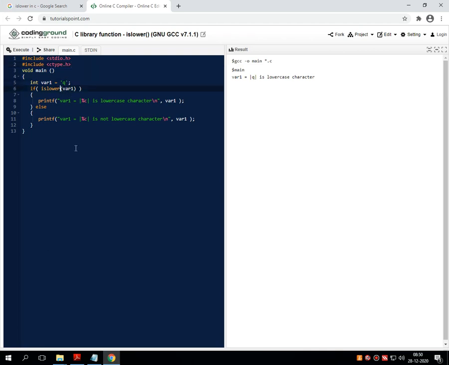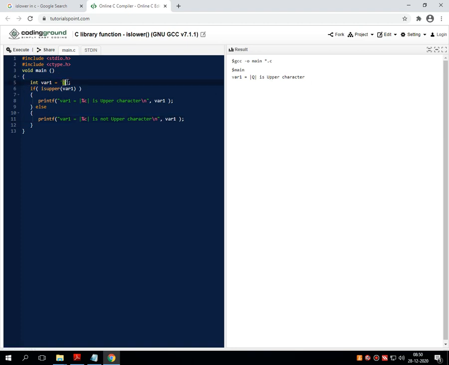I am just changing the isLower function to the isUpper function, and I am giving the value in uppercase. It returns, Q is in uppercase. I am also changing the label of this entire program, and re-executing the code. Q is in uppercase.